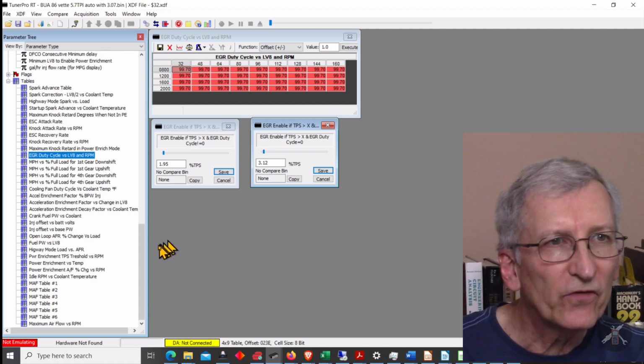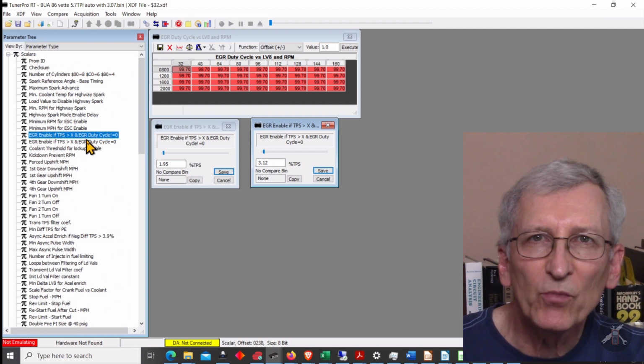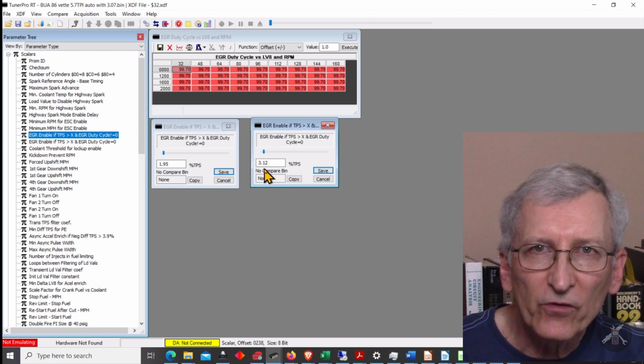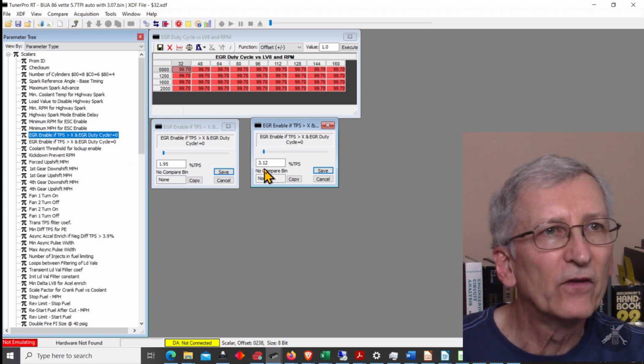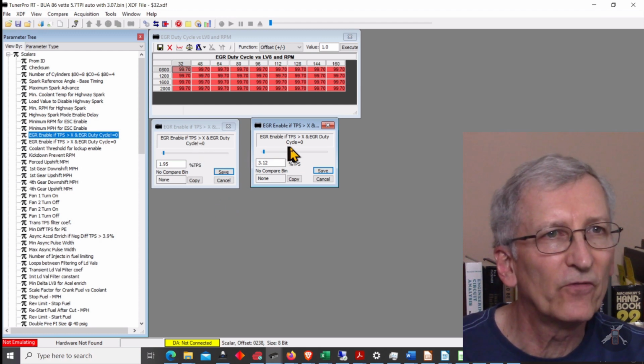And the enable points are, it's interesting on this one, there are 2 enable points. One of them's at 1.95 and one of them's at 3.12. And here's the, so if it's EGR duty cycle with an exclamation point, or if it's EGR duty cycle without